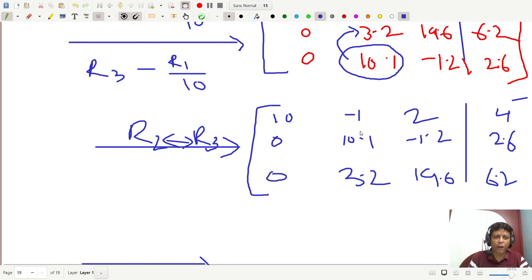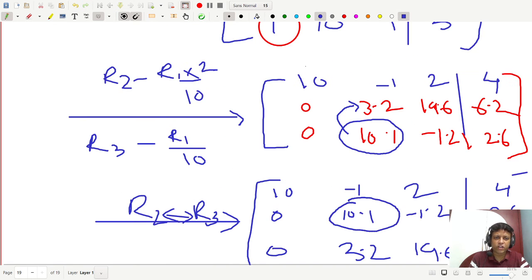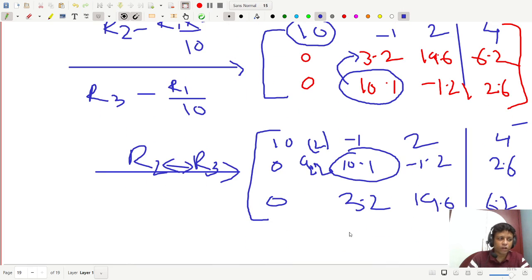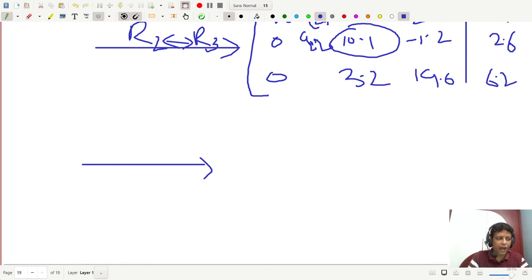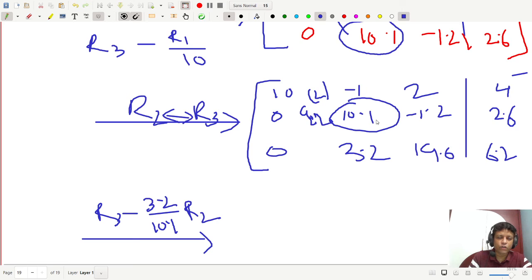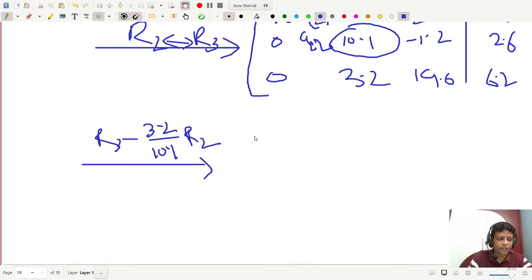Now do the operation. This is the second pivot, 10.1, and the first pivot is 10. So this is your a11, and this is your a22, and this is the second pivot. Now I will apply the method R3 minus 3.2 by 10.1 into R2, because you have to divide the whole equation by 10.1, and after that you will get